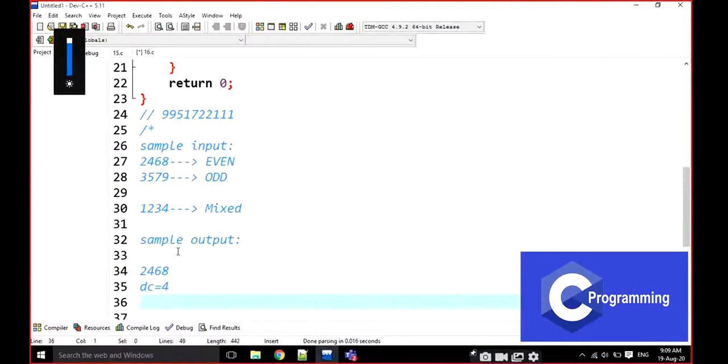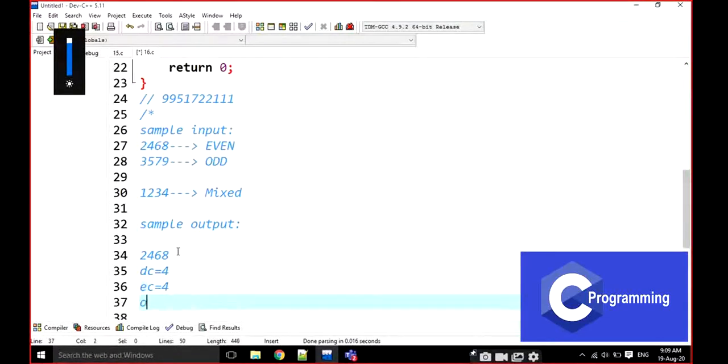Now I am going to calculate the even count. The even count here is also 4. Then what is the odd count? The odd count is equal to 0. Just look here: if the digit count is equal to the even count, then it is an even number.